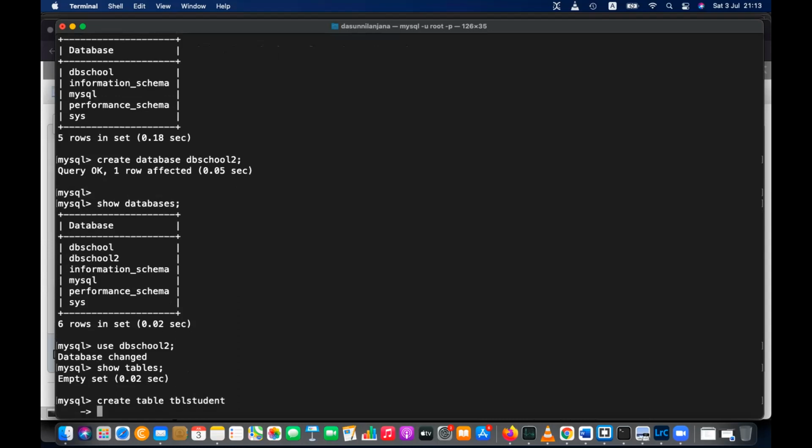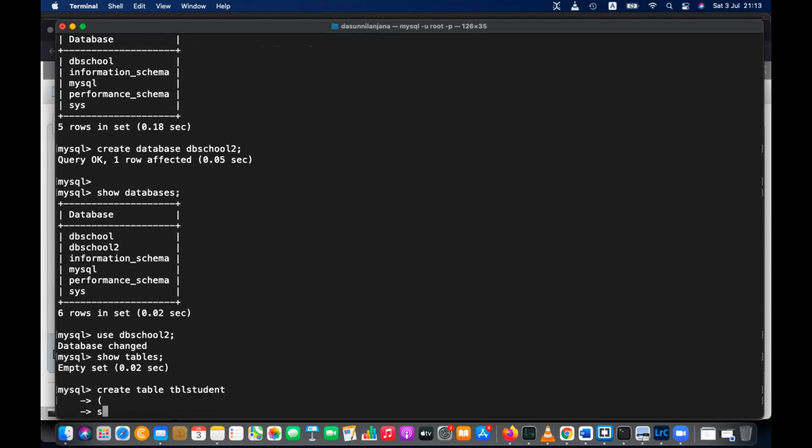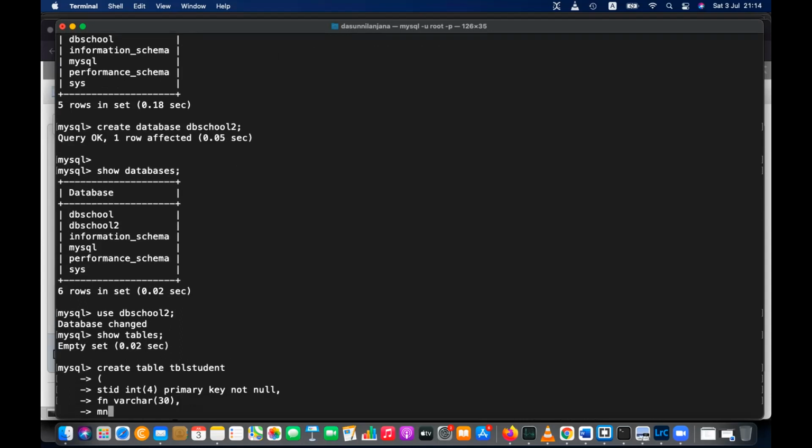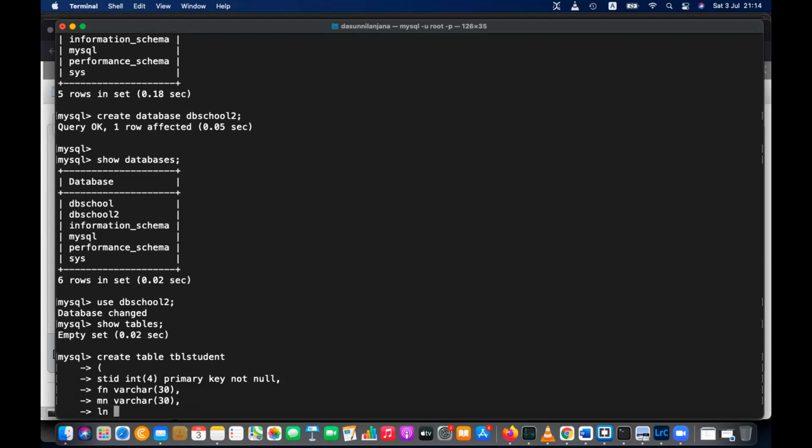If I want to create a table, I can write create table TBL student, having student ID integer 4, and that is primary key. I'll explain these things, and it is not null. And I have to create the first name as a variable character, so you can give any number of characters, and then the middle name. You can give the number of characters. I'll explain this. Don't worry. 30, comma, and last name. Let's say last name